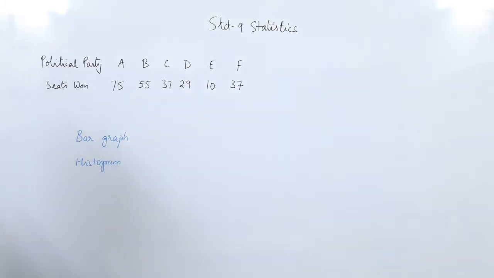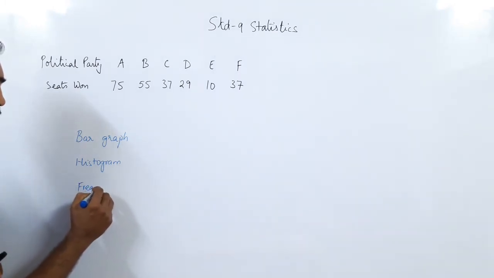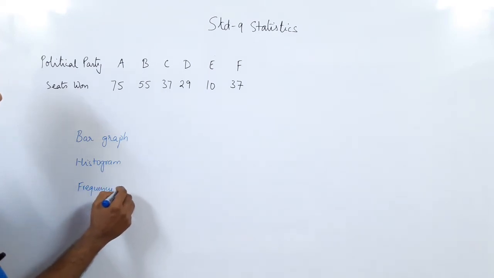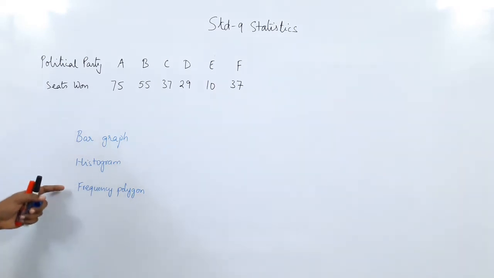Histograms are of two types, one with varying width and one with equal width, and then we had done the frequency polygon. It is just a way to represent the graph. So the histogram has got an area, the frequency polygon is the area under the graph, and the area in both cases is equal. Now we are going to try out a few sums.